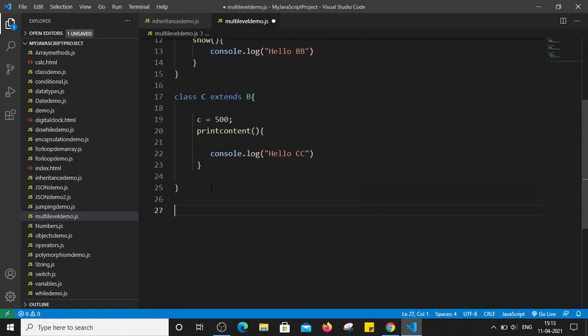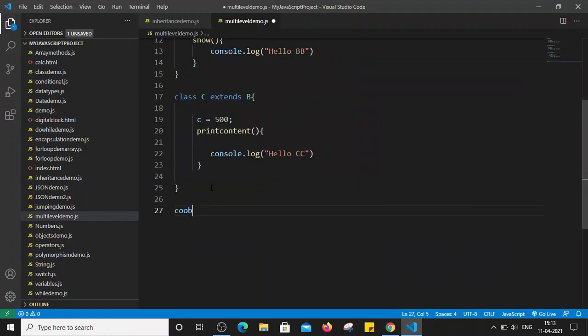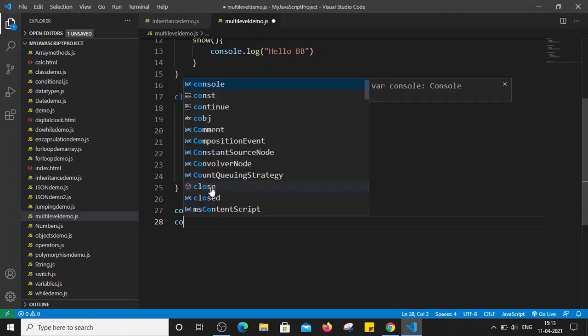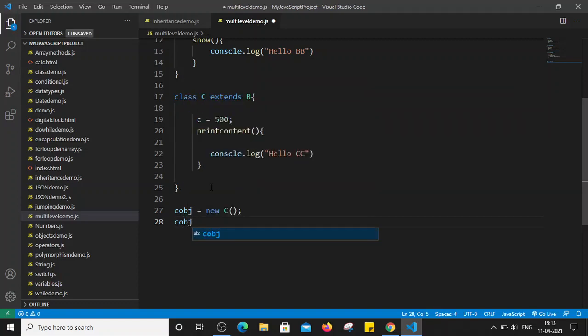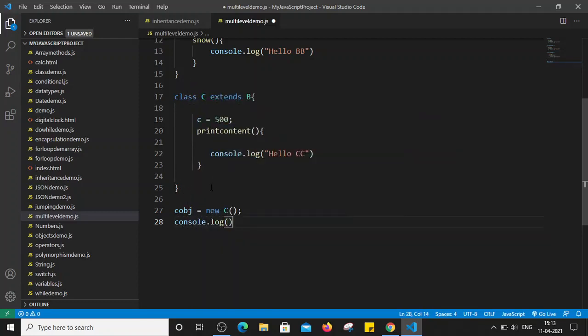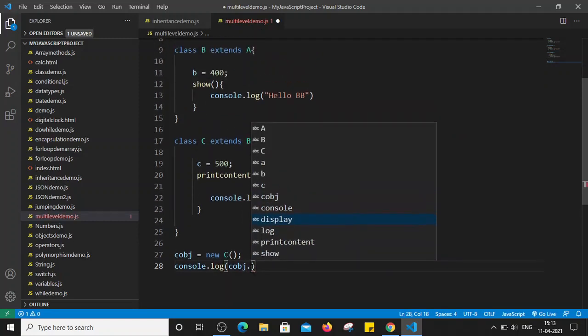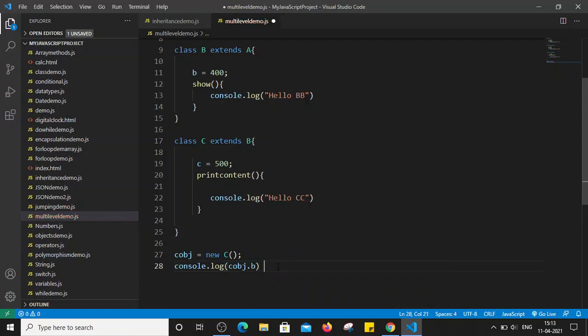I'm going to create one object of class c. Let's say cobj is equal to new c. So this is the object of class c, and by using this object we can simply access, let's say, console.log cobj dot b, that is the property b, so that should print 400.